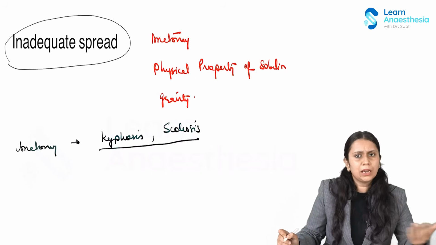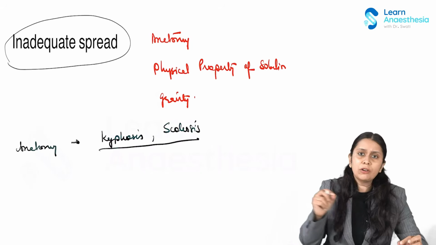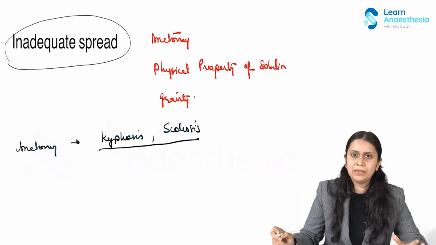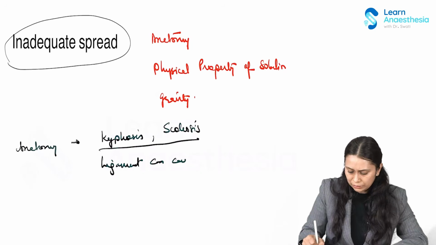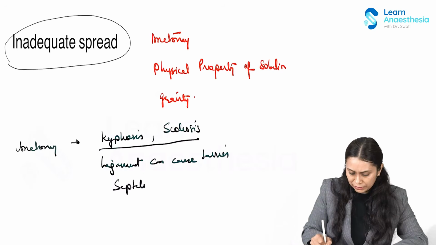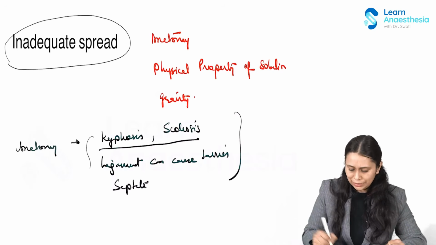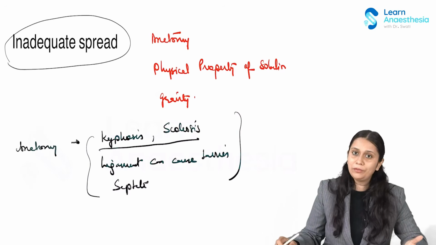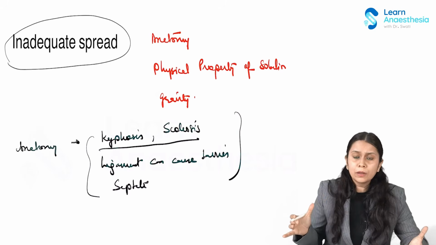Now, a number of times the anatomy of the spine seems fine, but some fascia or septae inside the space, or a ligamental barrier, can prevent the spread of the drug. So ligaments can cause a barrier to the spread, or septae present in the space can cause a barrier to the spread of the drug. These are things that we cannot modify. It is something we are not even getting to know, right? Then the